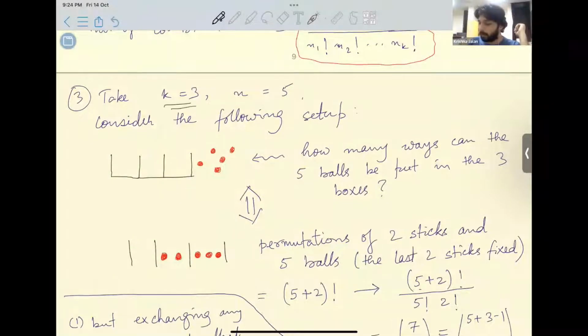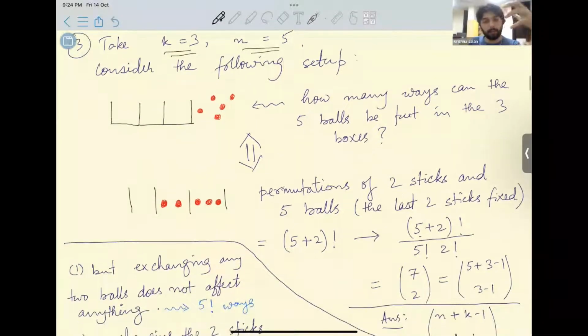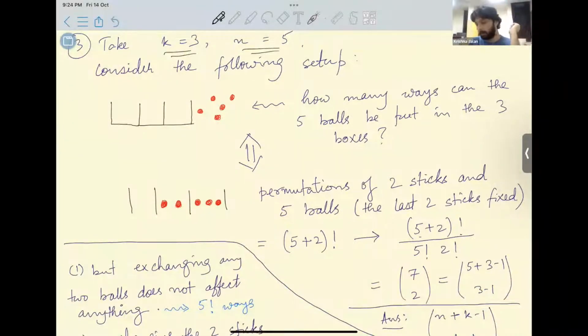So k is equal to 3 and n is equal to 5. You can think of it as 3 boxes and 5 balls. All the 3 boxes are alike and all the 5 balls are alike. And you want to see how many ways you can fill the 3 boxes using these 5 balls. So this problem is exactly equivalent to this problem of